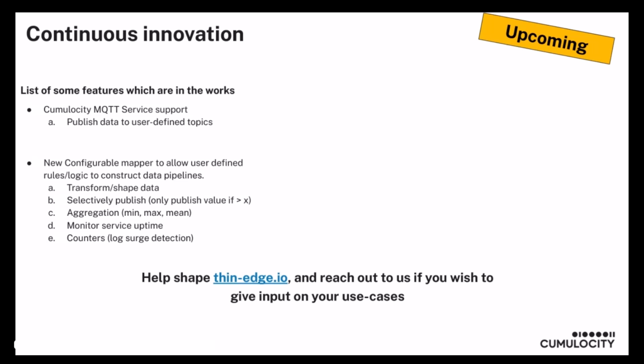Maybe selective publishing of data, like only send this value when it's greater than X, or when there's a delta of this, aggregation, monitoring like service uptime counters, or some kind of log aggregation. So we're looking to build a local configurable mapper, which has a powerful language within it,